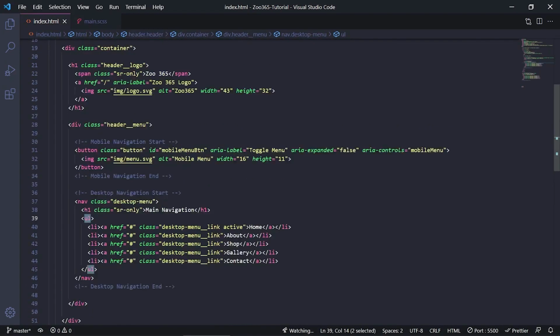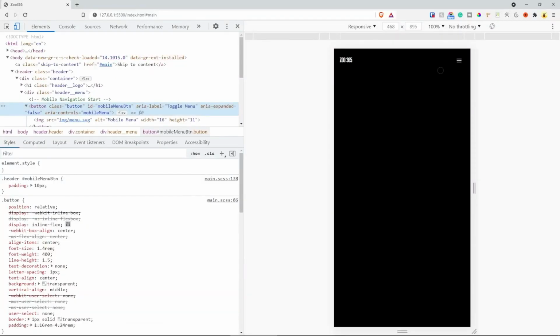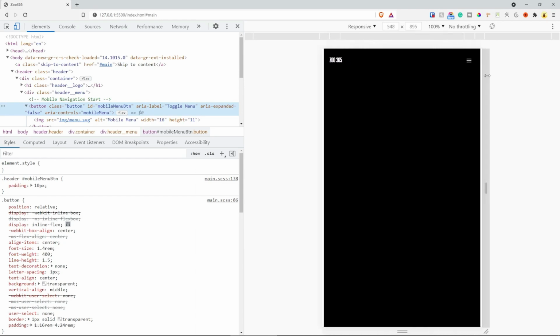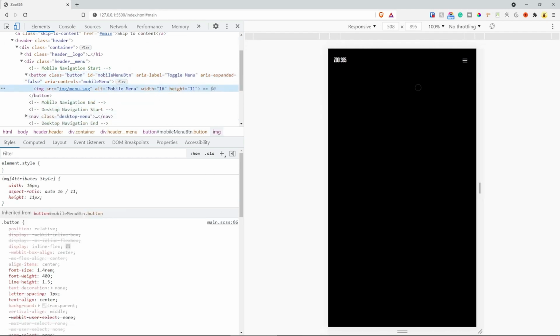So if I go to this mobile button, we have the class of button there, which is a good thing. And as you can see, the background is now gone and we have the mobile toggle menu here, which is pretty cool. It does look a little bit small, but we can always resize it if we need to. It's looking cool. I gave it a height of 16 and 11. That's all good. The next bit would be to actually pop out the mobile menu and make it look nice